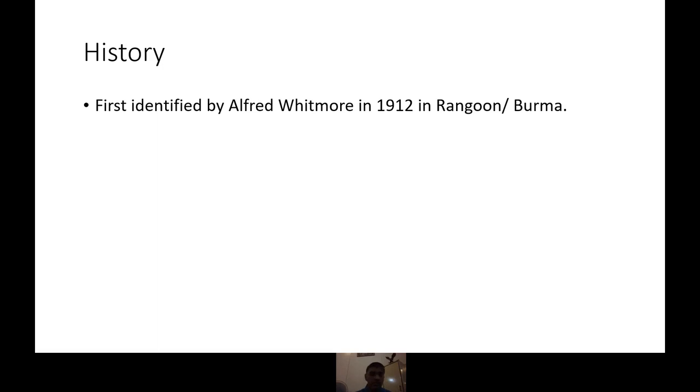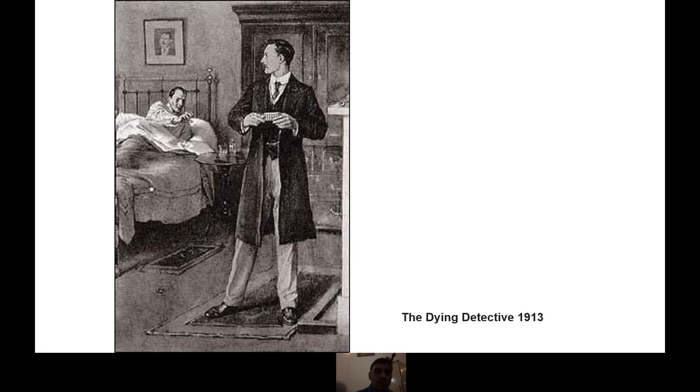So another interesting thing that happened was this paper, which was published, I can't remember the journal, but once it was published, it was read by Sir Arthur Conan Doyle, and this was the inspiration for his short story, which was published the year later, called The Dying Detective, where Sherlock Holmes receives a box with a pin, and then it can actually get an organism inside, causing disease. So although it was not named as melioidosis, it's a different name, but the disease was actually supposed to be melioidosis because he had actually read the paper in the previous year.